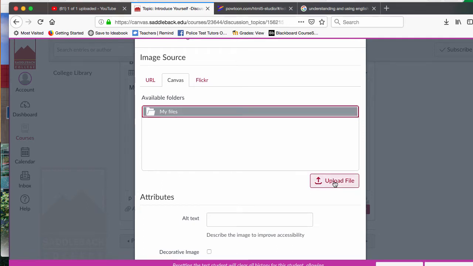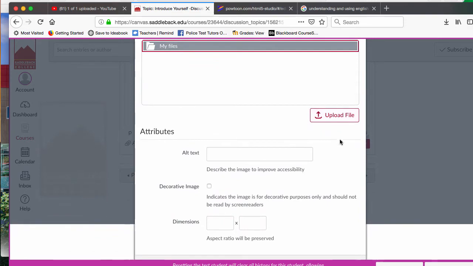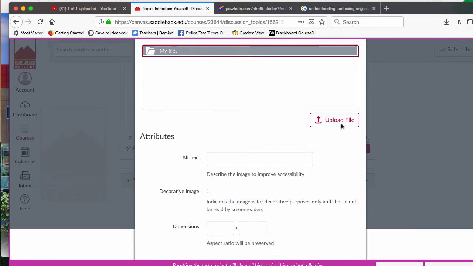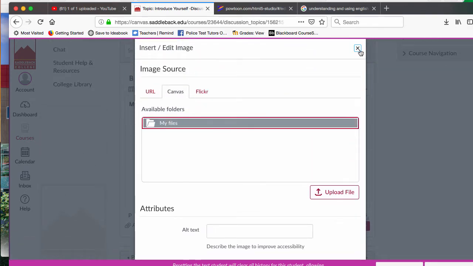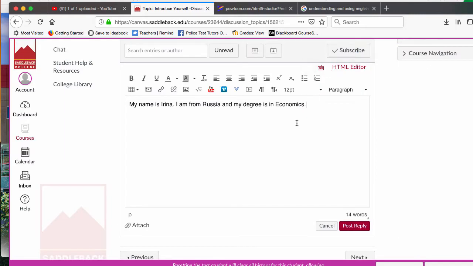And here you would upload a file. So you'd find a picture of yourself and upload a file if you'd like to do that. Okay? But it's not required, but we just certainly would like it. Or you could go out to your YouTube video, or give us your link. Or like I said, just type a bunch of words about yourself and don't worry about all the other things. And then when you're done, you're going to hit this post reply,